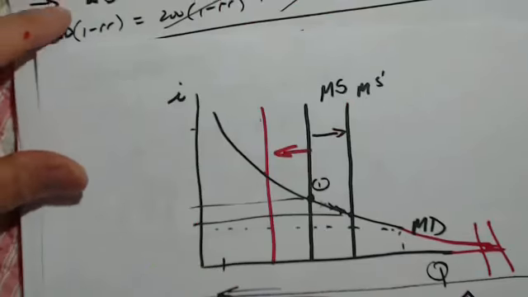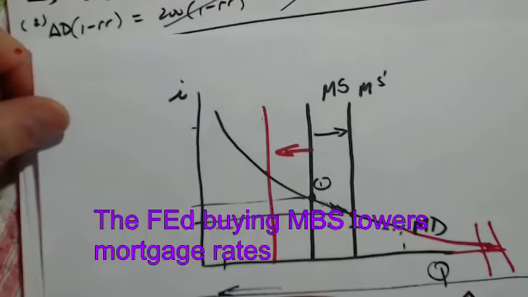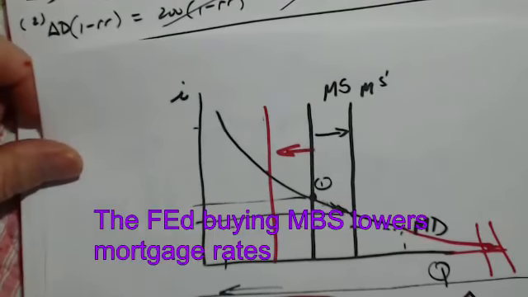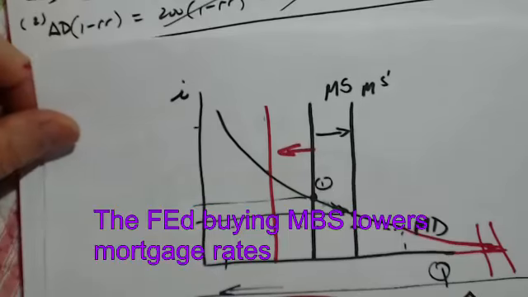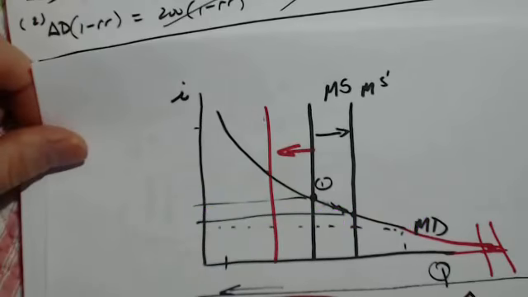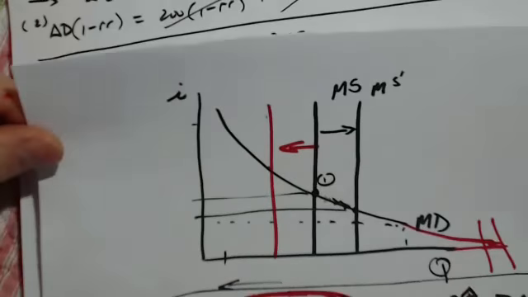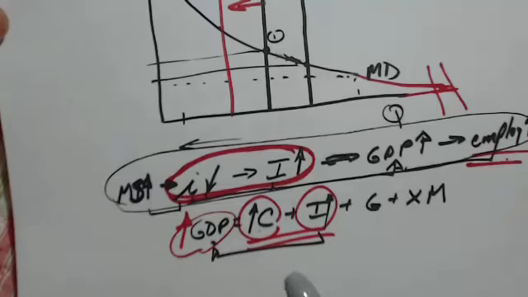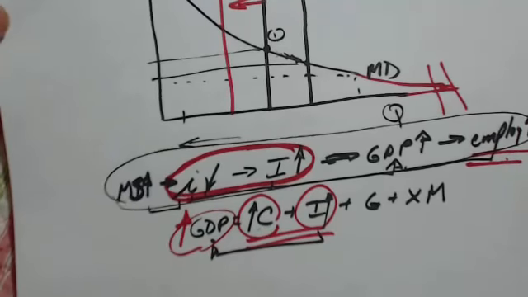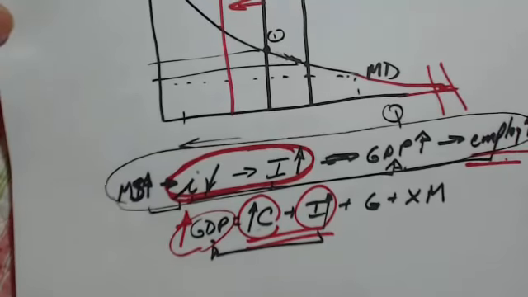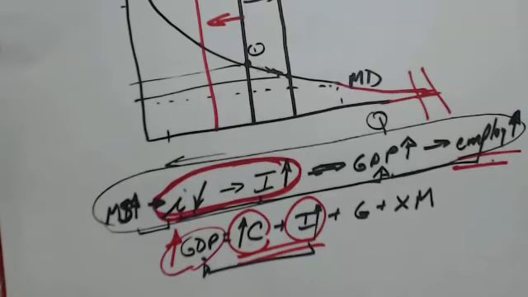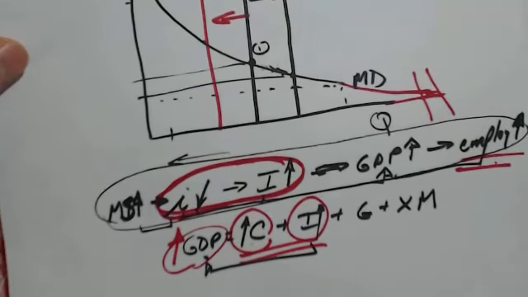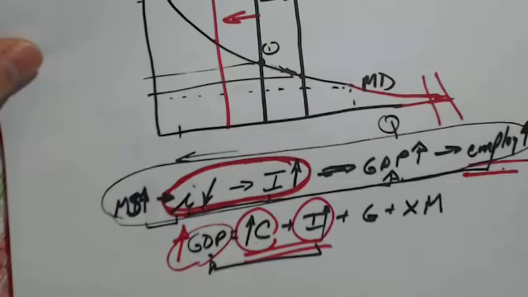So there you have it. Probably more than you wanted to know about what the Fed does and how it works things and how it influences interest rates and the economy. But understanding how this works in an investment course is very important, because the markets are watching the Fed and what's happening in the banking system. The interest rates, investments, and employment, they're watching it like a hawk every day.